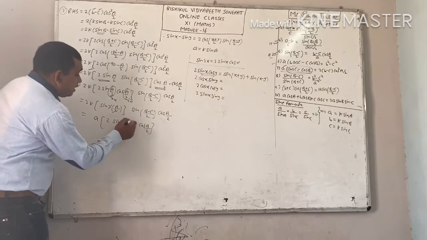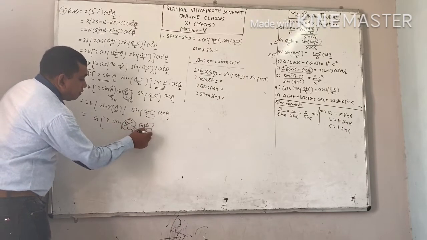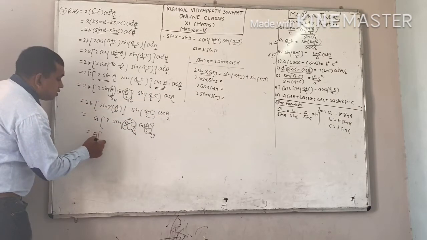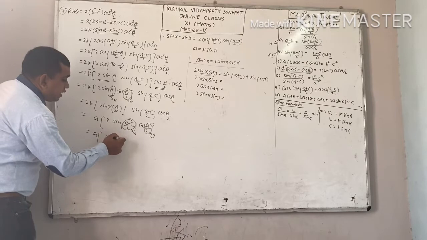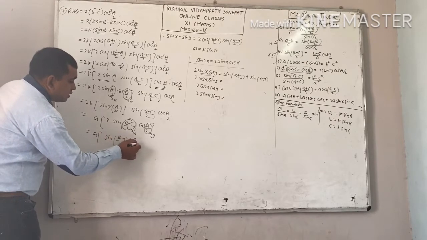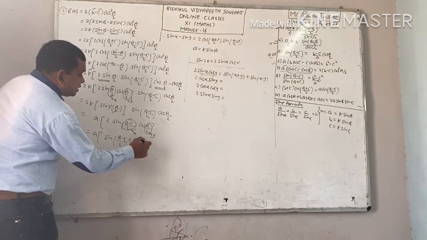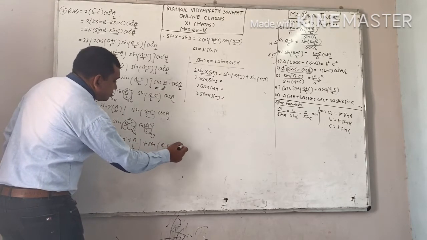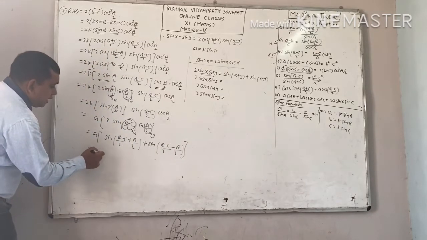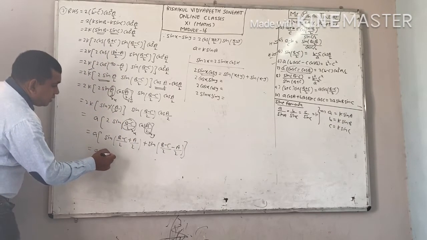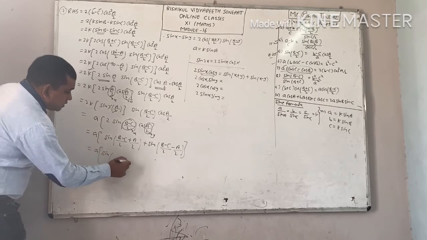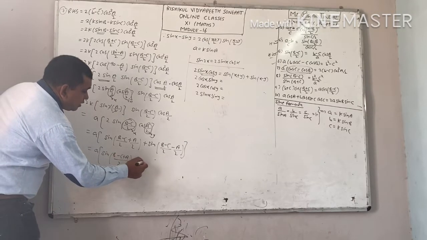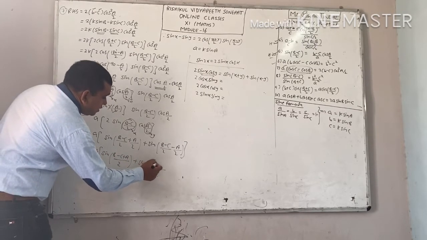Right. Now here you will apply, let it be x and let it be y. 2 sin x cos y. Apply it. This is equal to sin (x plus y). Add both of them. This is your x plus y, plus sin (x minus y). This is your A sin. Take 2 as LCM. You will get (B minus C plus A), plus sin, take 2 as LCM, (B minus C minus A).